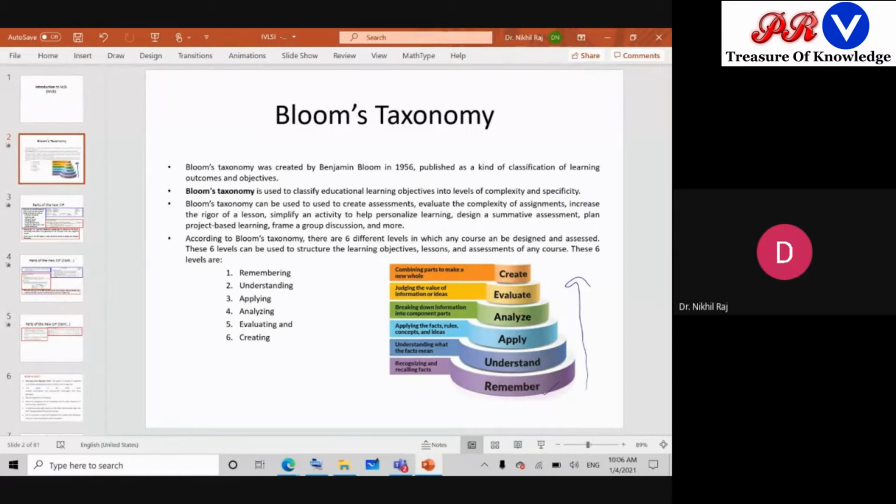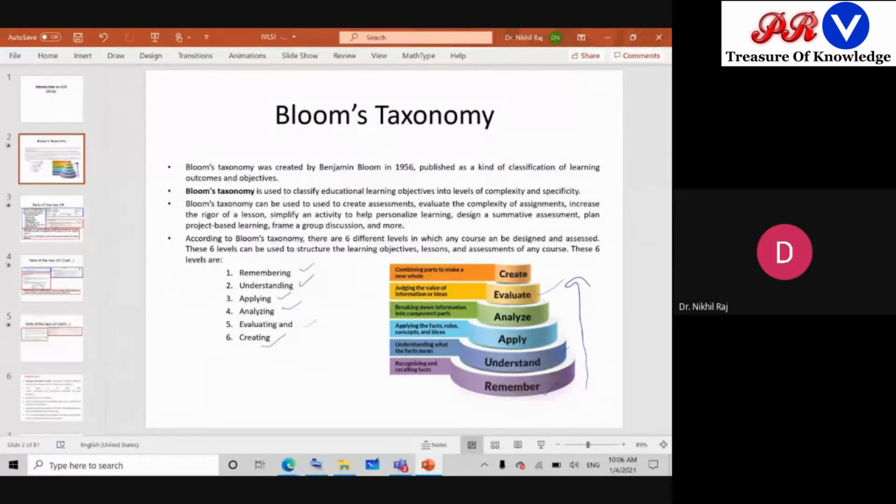First, in any course, the first thing is remembrance, meaning you recall things. After recalling, you try to understand; understanding is level 2. Once you recall and understand, we go for applying, meaning we apply what we have learned in realizing any function. After application, you should be able to analyze those things. Then you go to the evaluate stage, where you evaluate what was required and what is missing. Based on all these learnings, finally you will be able to create things.